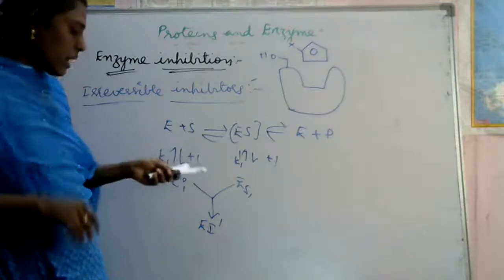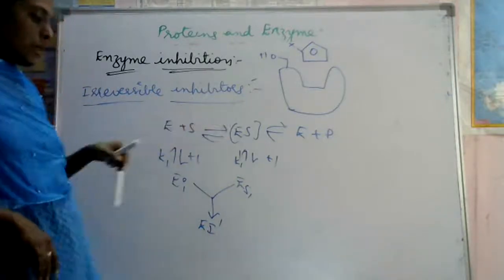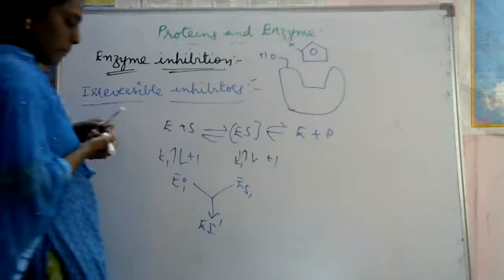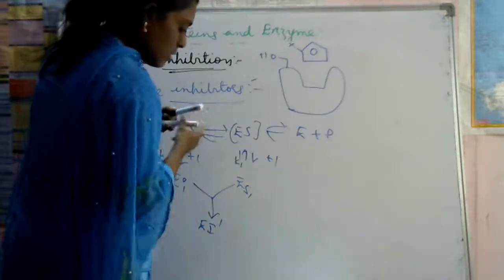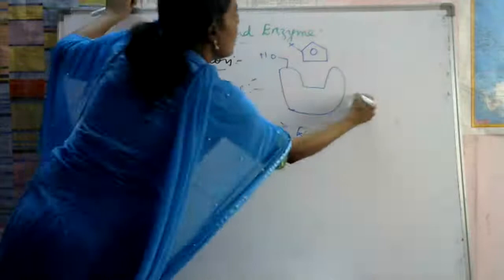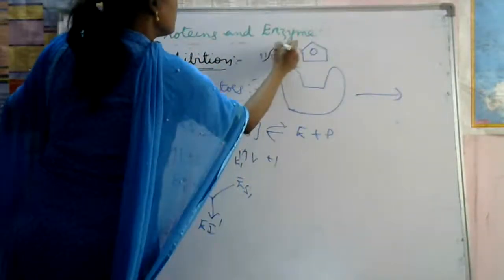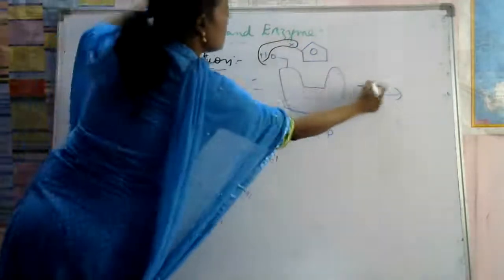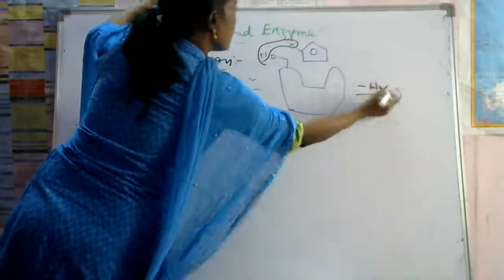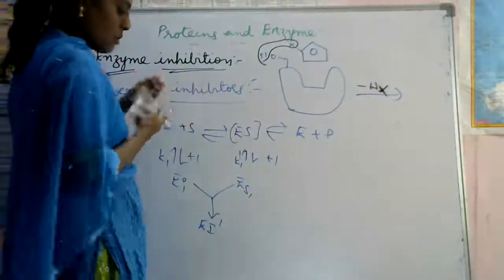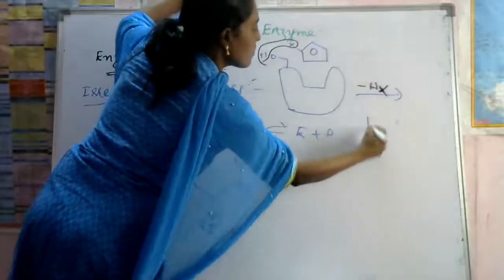This complex then reacts and produces the modified irreversible complex E1. Here, it removes HX and forms the